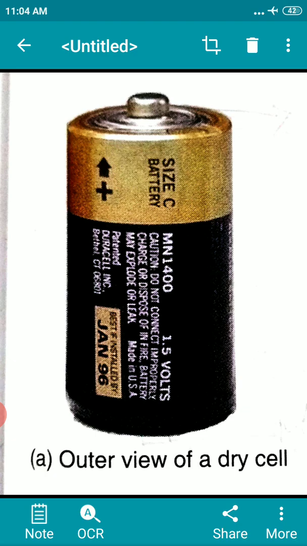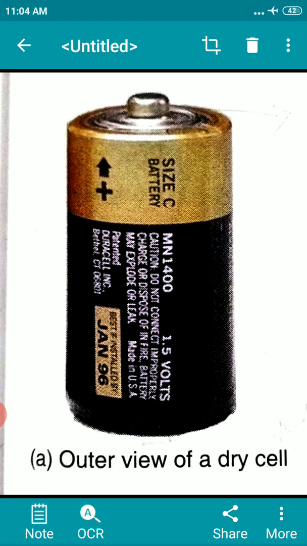Have you ever carefully looked at an electric cell? You might have noticed that it has a small metal cap on one side and a metal disc on the other side. So this metal cap on the top of an electric cell is the positive terminal, and on the bottom of the cell there is a metal disc which is the negative terminal of the cell.